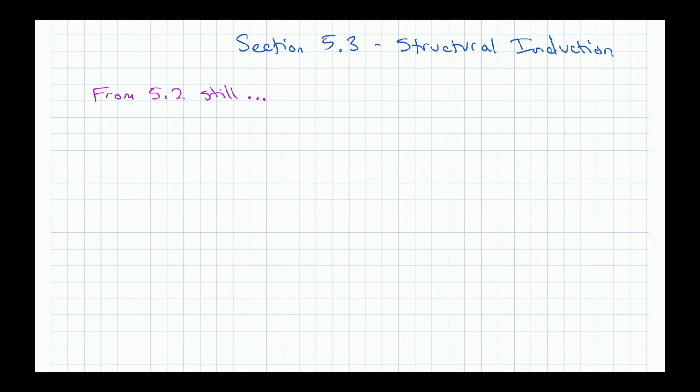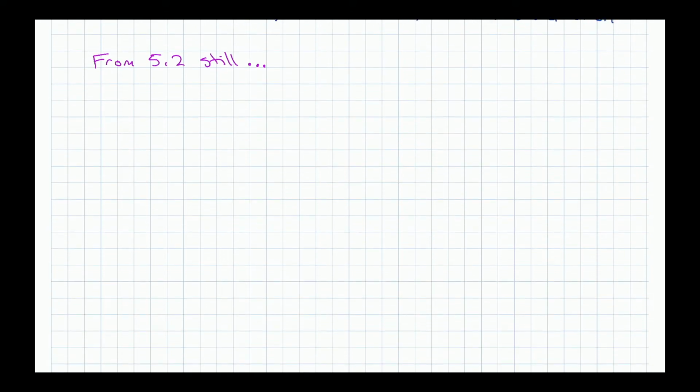And so in order to do this last example from 5.2, we need to know what a polygon is. So I guess definition, a polygon, and there's going to be some problems with this definition. It's not going to be super precise, but it's good enough to get the idea. So hopefully you'll be okay with this. So a polygon is, let's see,